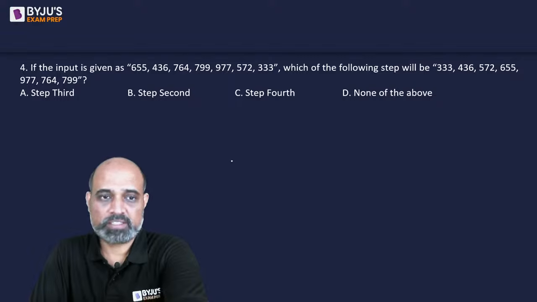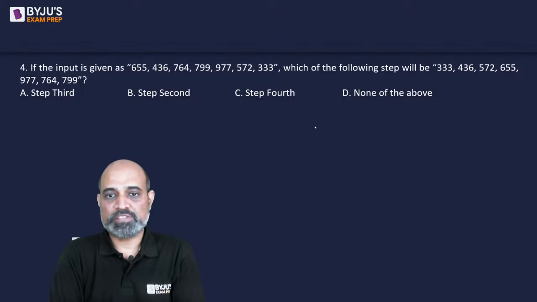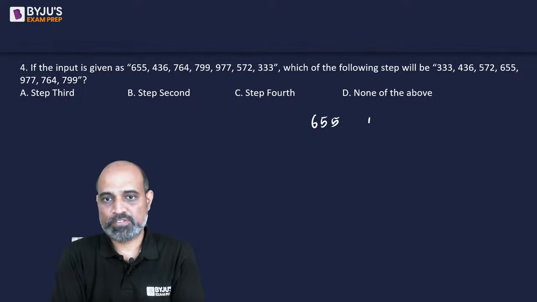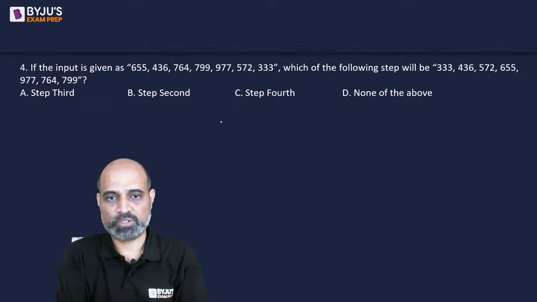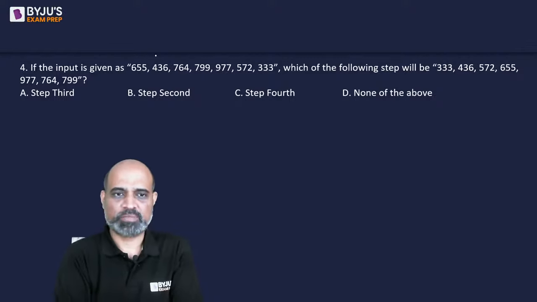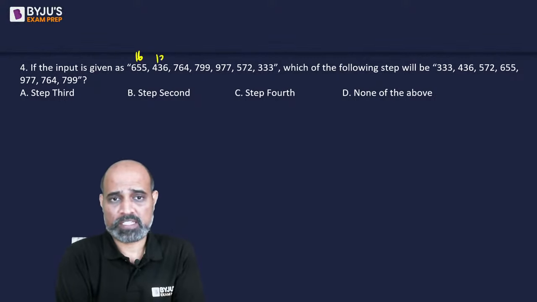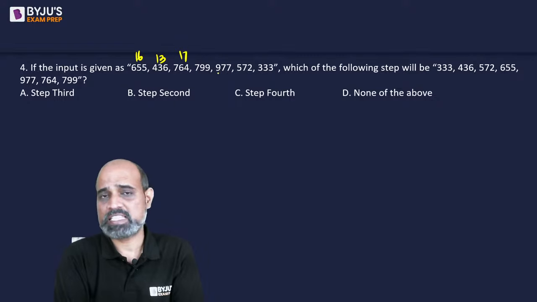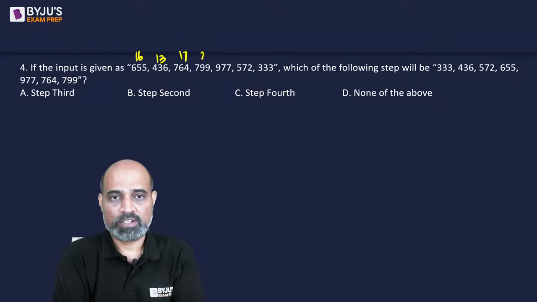Yeah, good afternoon, Aditya. If the input given is 655, 436, let me write a little more here, 655. Okay, let's not waste time. Let's write the sum here only. 655 is 16, 436 is 13, 764 is 17, 799 is 25, 977 is 23, 572 is 14,